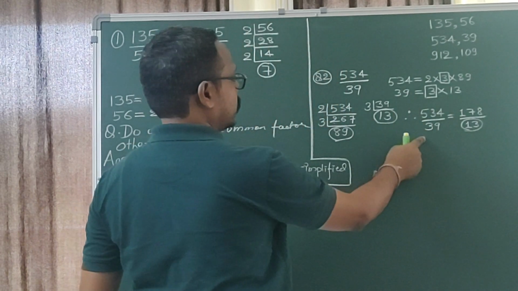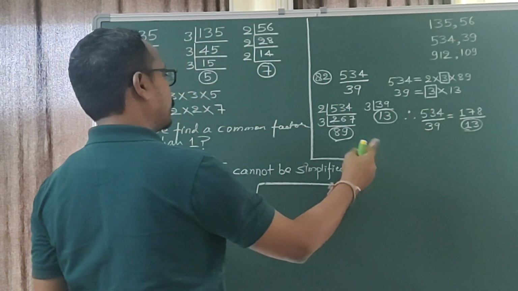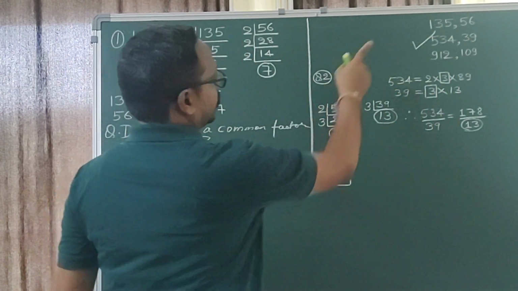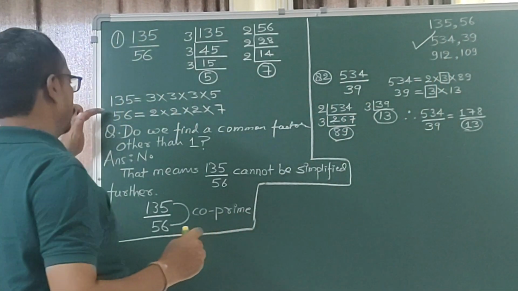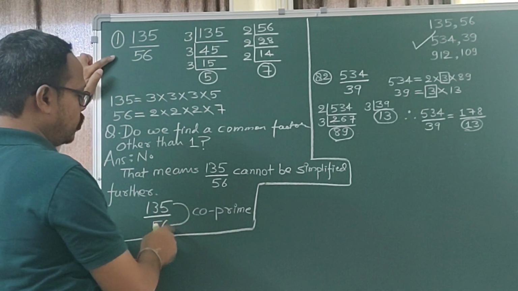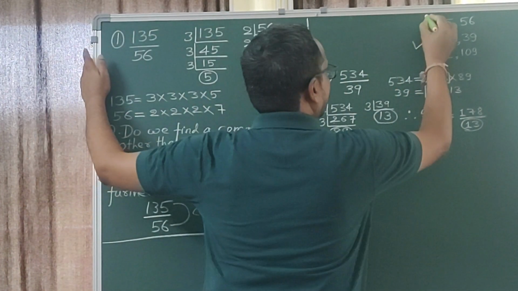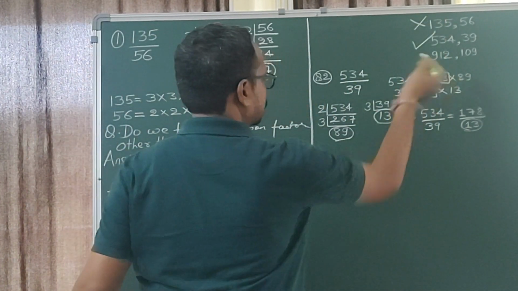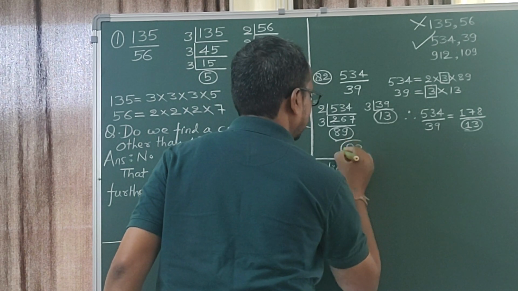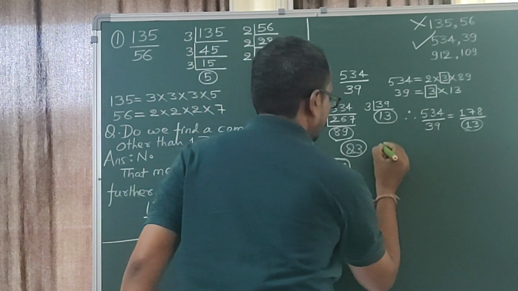So 534 by 39. Can we simplify it further? Yes, we can simplify. Can we simplify 135 by 6 as we proved here? No, not yet. Not possible because both of them are co-prime numbers. So we cannot simplify it. Now let us try the last one. Question number 3, right? So 912